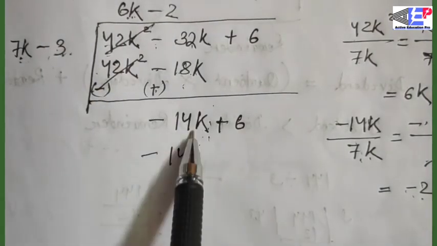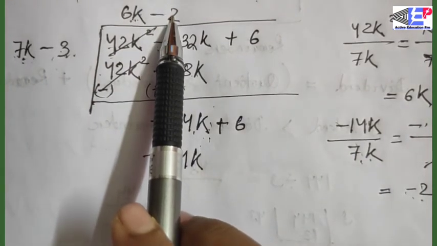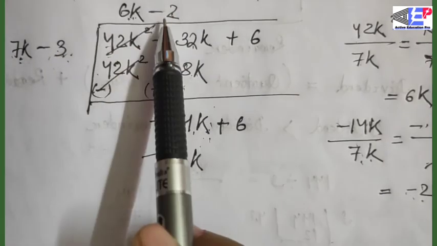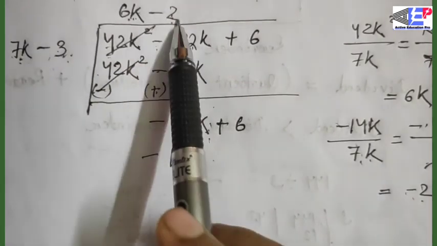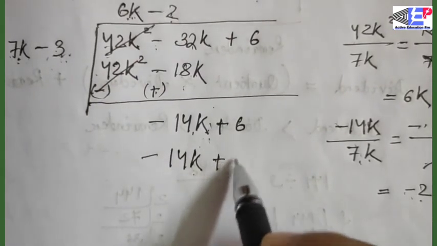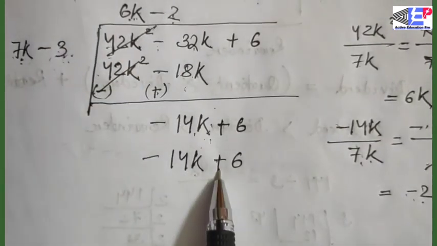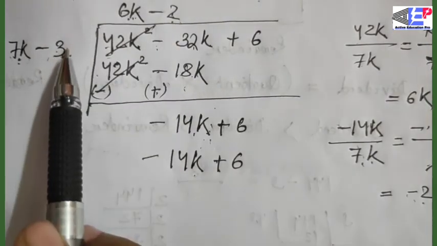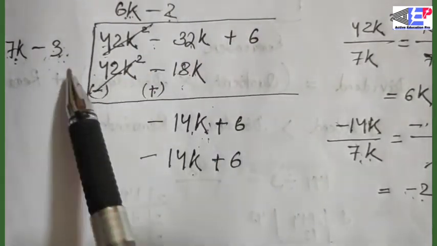First divide the first term with the first term, then write the result at the place of quotient, then multiply every term of the divisor with the division result. I mean first 7k into minus 2 is minus 14k, then minus 3 into minus 2 will be plus 6. Why a plus 6? Because multiplication of the same sign becomes a positive sign, and then as per multiplication you multiply the coefficients. Here the coefficients 3 and 2 are constants. 3 into 2 is 6.